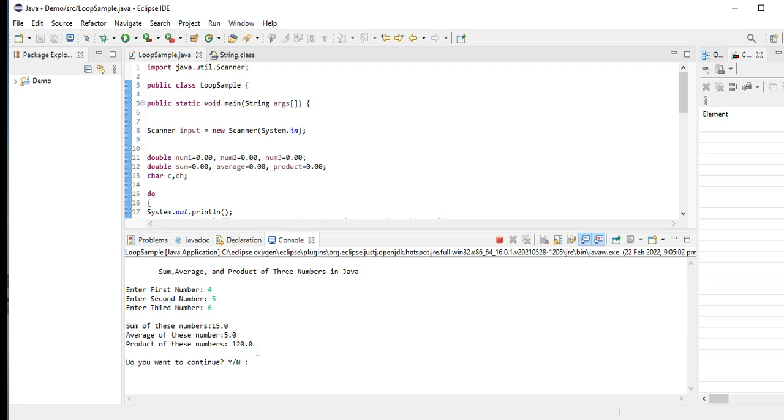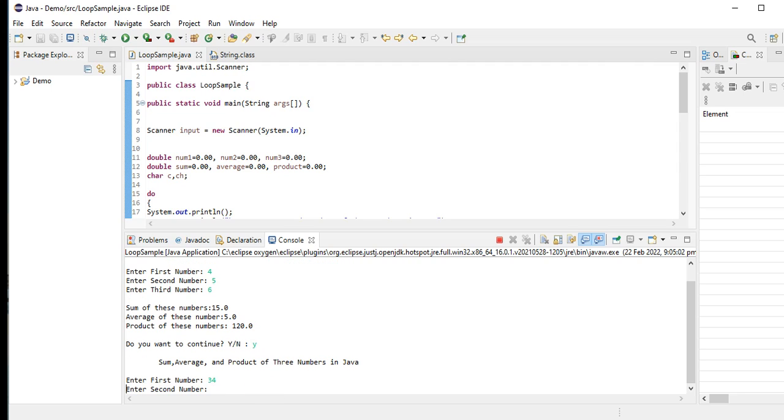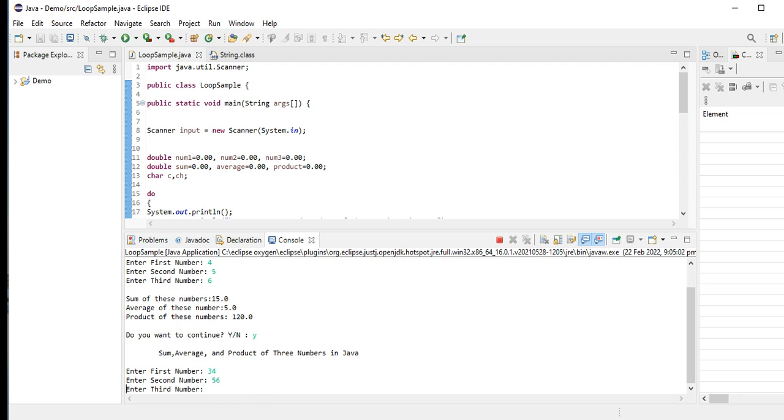The sum of these numbers is 15. The average of these numbers is 5. The product of these numbers is 120. Do you want to continue? Yes. Enter first value, we have 34, second we have 56, third we have